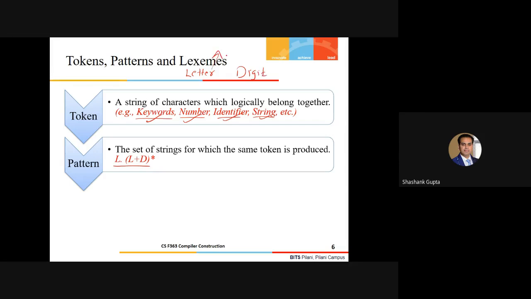The definition of letter is that it includes A, B, C up to Z, and digit includes all the numbers from 0 to 9. So suppose this is a rule, a regular expression for an identifier.